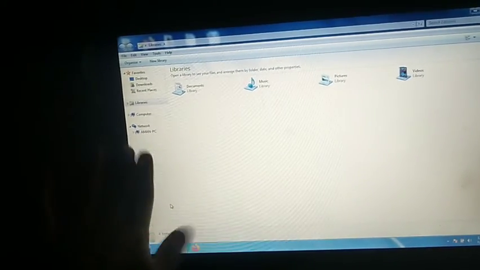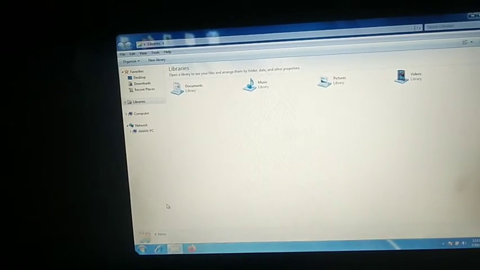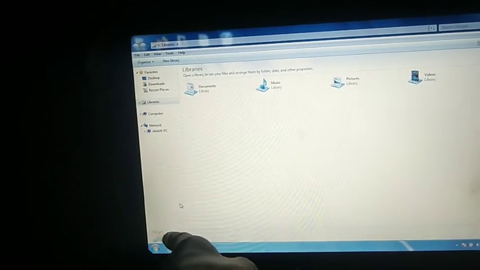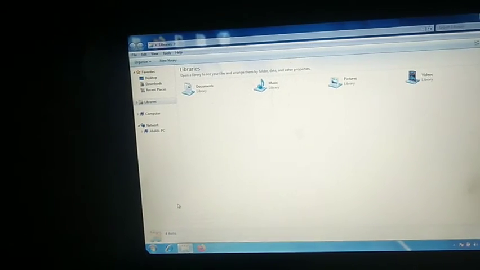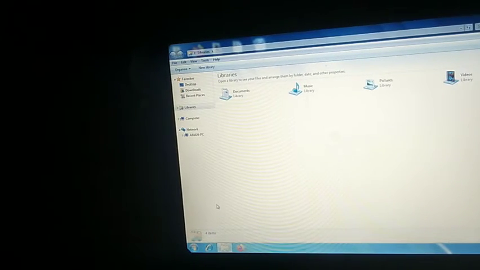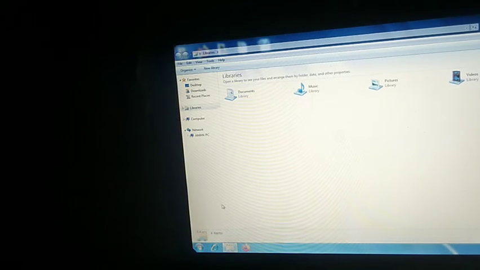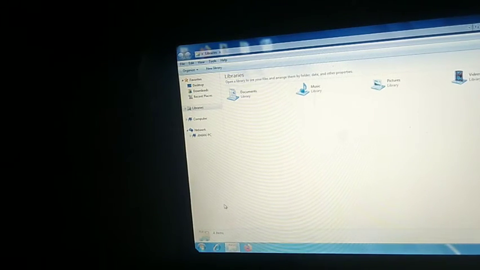This is the left pane, means on the left hand side is the left pane, and this is the right pane, means the detail pane. After that, on to the last one, where you can see the 4 items option is there. That is the status bar. You all need to learn the components of Windows Explorer. Even it can come in 2 ways in your exam. Either I'll give you the picture of this, you have to mention all the parts, or I can give you to write the steps how to open our Windows Explorer. Is it clear?